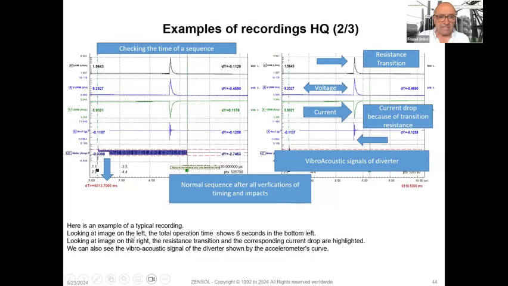So this is here an example of a typical recording. Looking at the image on the left, the total operations time shows 6 seconds in the bottom left. Here you have the motor current. Looking at the image on the right, the resistance transition and the corresponding current drop are highlighted. Here you have the resistance transition. And we can also see the vibroacoustic signals of the diverter shown by the accelerometer's curve that you can see